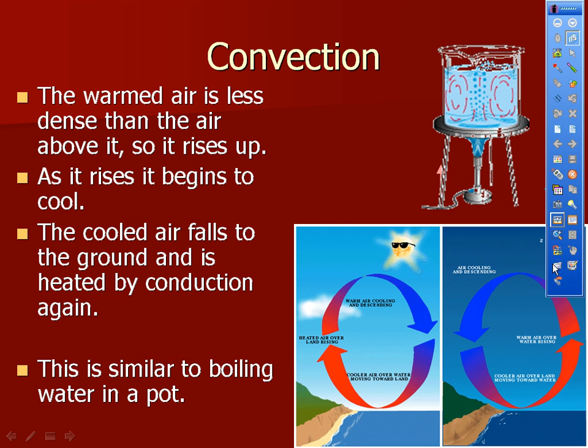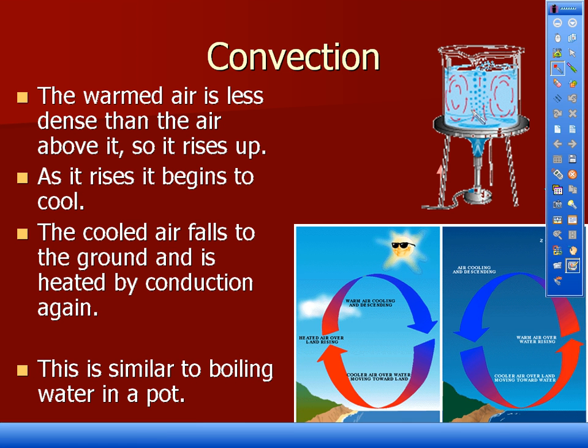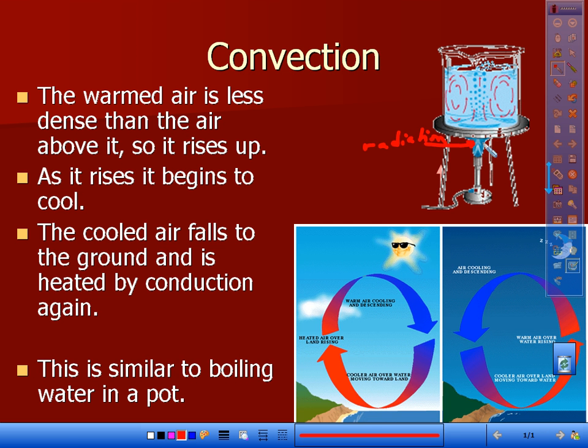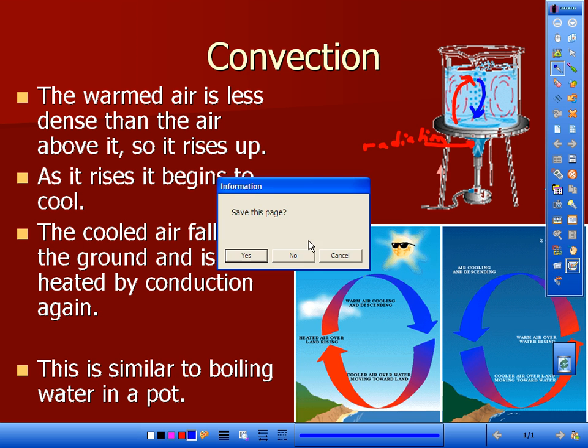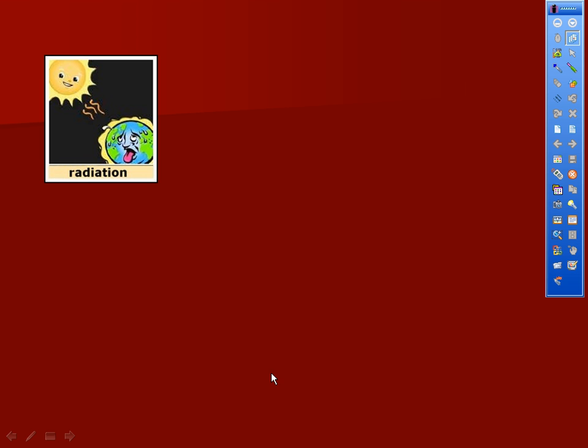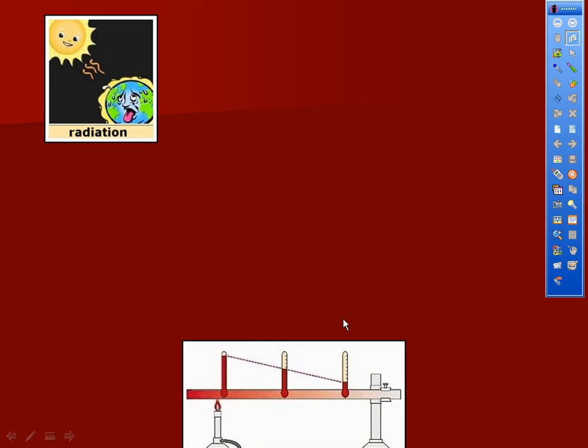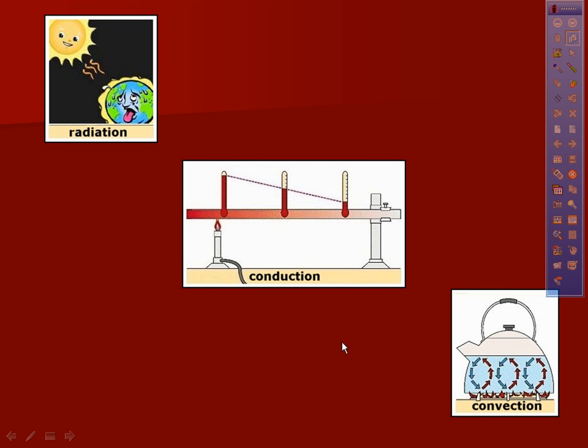Okay, this is going to happen in your beaker in the chemistry lab. Here's your heat source. By the way, this is radiation because a flame is plasma. But once it touches this, the water is getting heated by conduction. So hot stuff's going to go up, and the cool stuff is going to go down. Okay, so remember, three ways that heat moves around the universe: radiation, conduction, and convection.